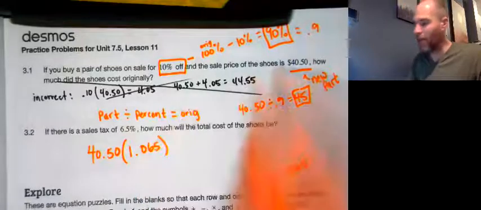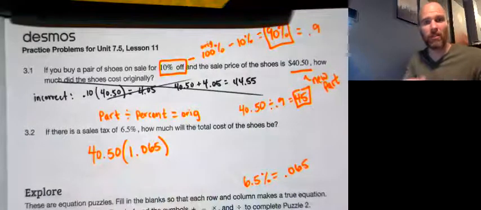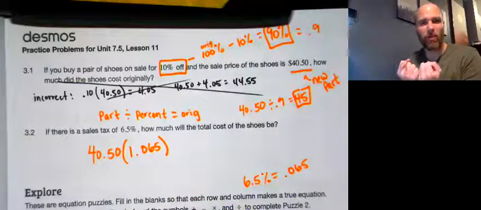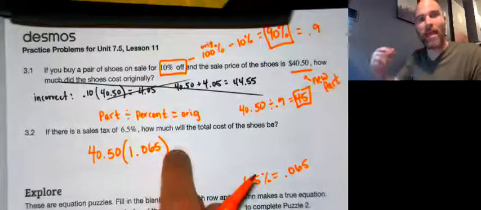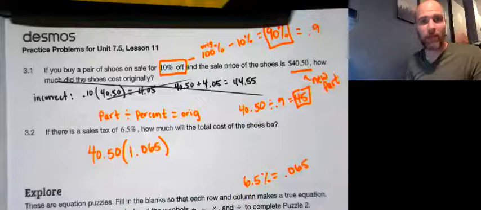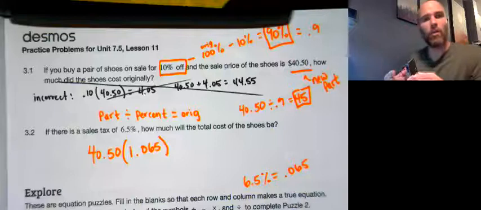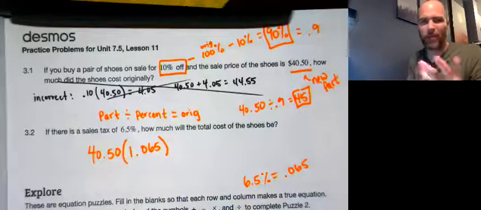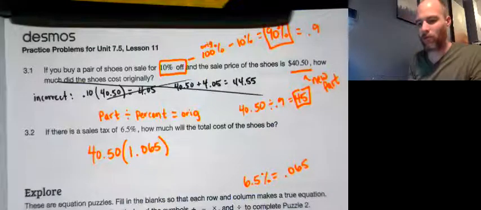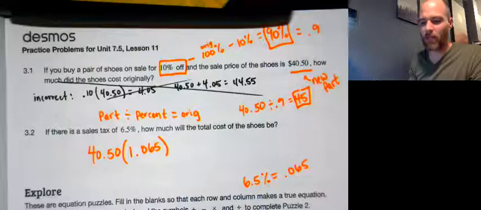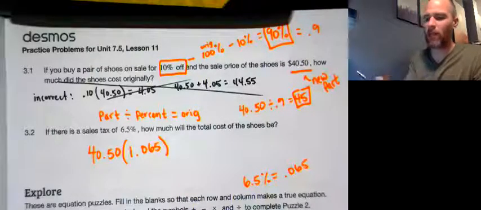1.065. Because what happens now is when you multiply the $40.50 by the 1, that gets you $40.50. Like it keeps the price in your answer for you. And then the $40.50 times the 0.065 tacks on the sales tax for you. And thus you get the final answer all in one calculation rather than having to do 2. So I'm grabbing the calculator and I'm doing 40.5 times 1.065, and that's going to equal